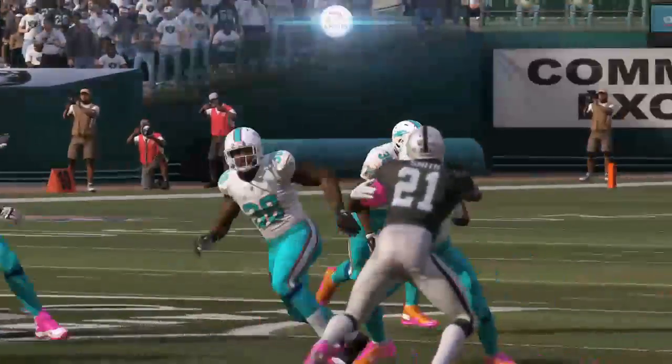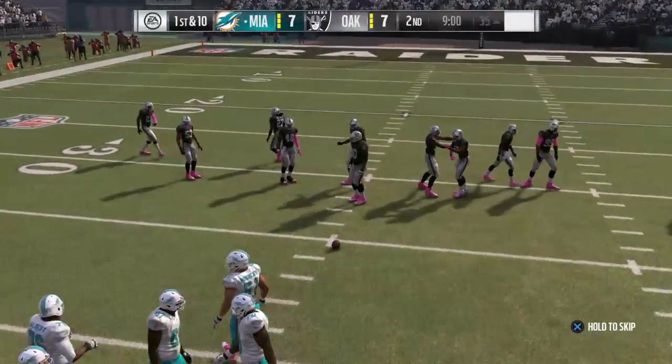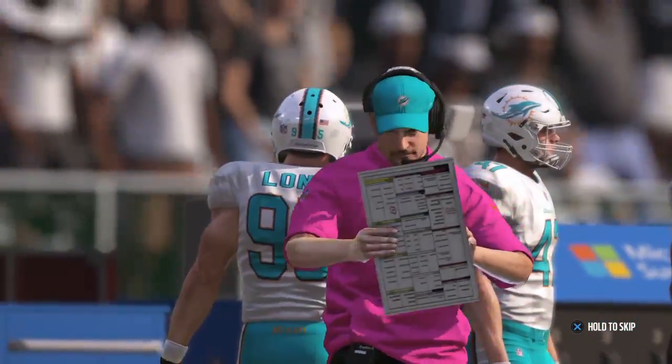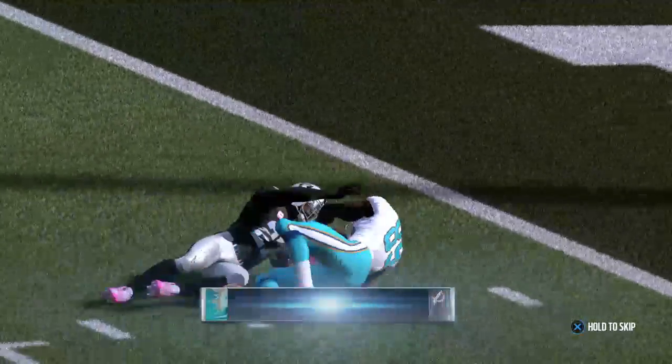So let me make sure I have this right. He's already found the end zone once, and now he's ripped off a big chunk of yardage here on this one. His confidence is awfully high. So now I've got to put myself in the shoes of the defensive coordinator. Do I go ahead and sell out to try and...